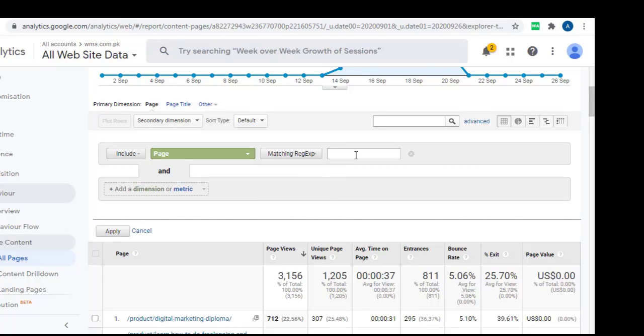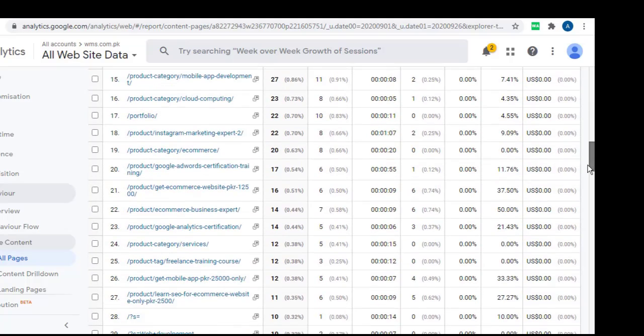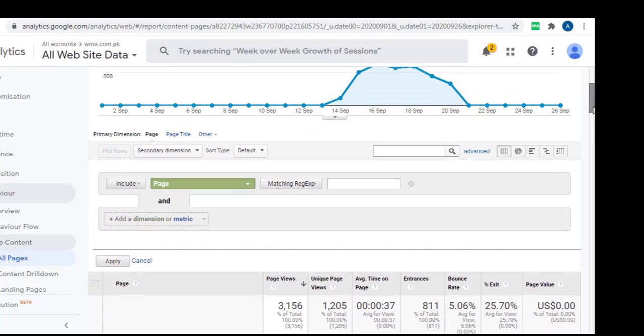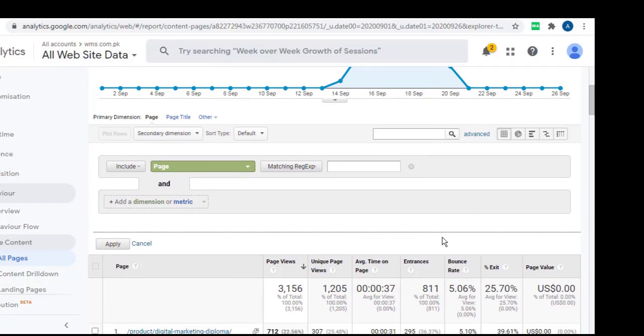Now suppose we have different products on our website. We want to look at the product that is worth 12,500 rupees and look at its traffic specifically. Now this website has very few pages, but there would be cases where there would be thousands of pages on a website and you need to filter through it, sort it out and look at the information that matters for decision making. So